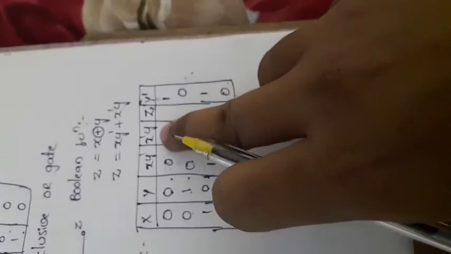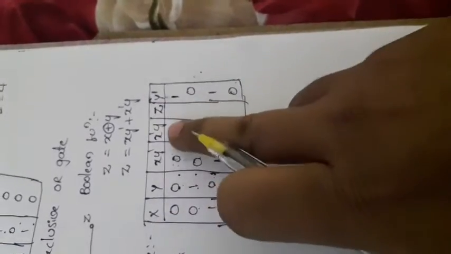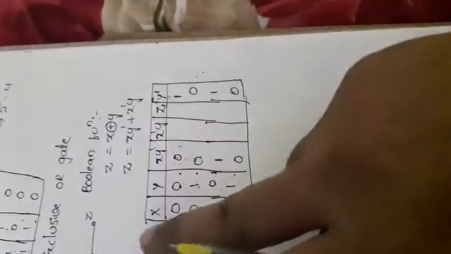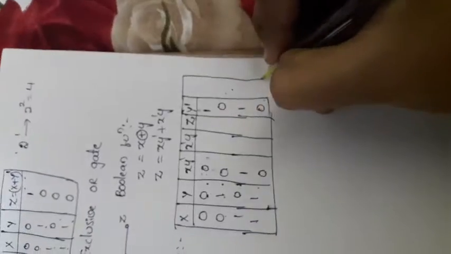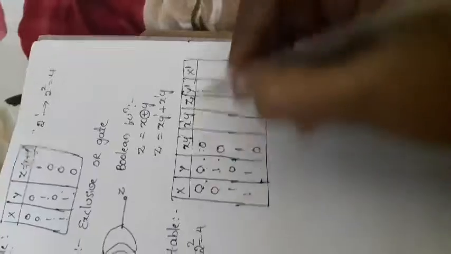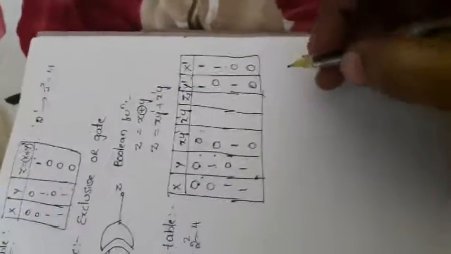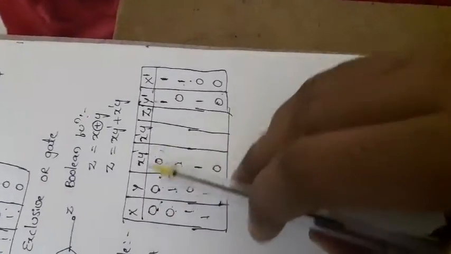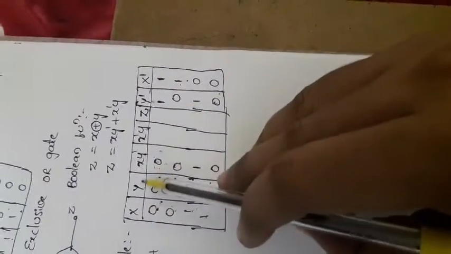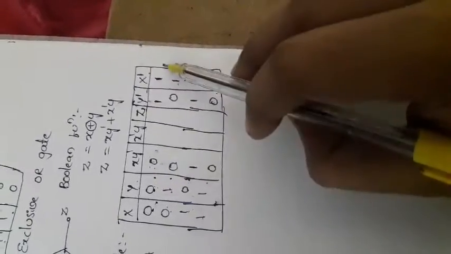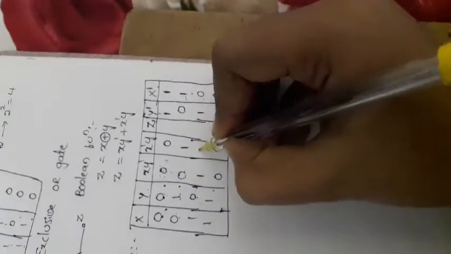Now we'll go for the second one, x complement y. Before going to that, we don't have the x complement value directly, so you need to find x complement also. x complement is nothing but 0 changes to 1, 0 changes to 1, 1 changes to 0, 1 changes to 0. Now multiply x complement into y. So this value will be multiplied with this one: 0 into 1, 0; 1 into 1, 1; 0 into 0, 0; 1 into 0, 0.